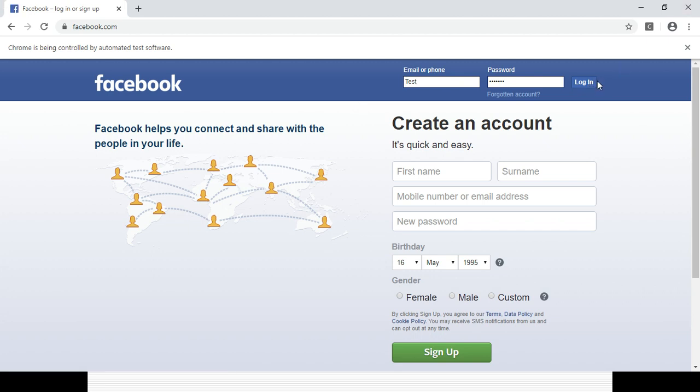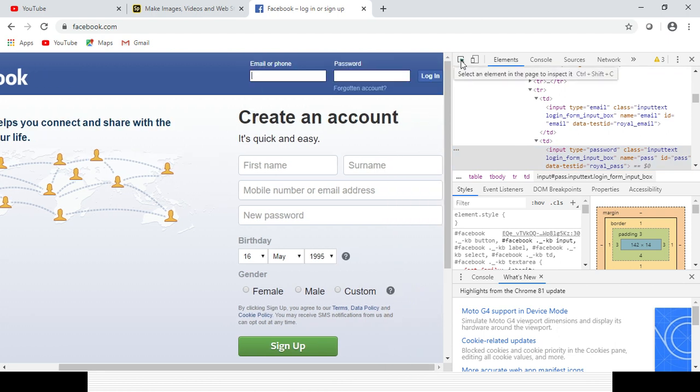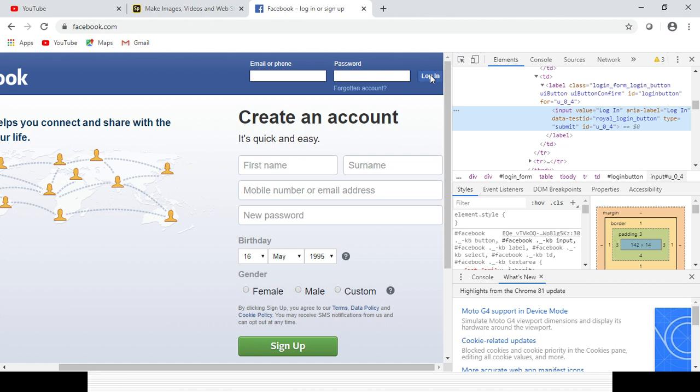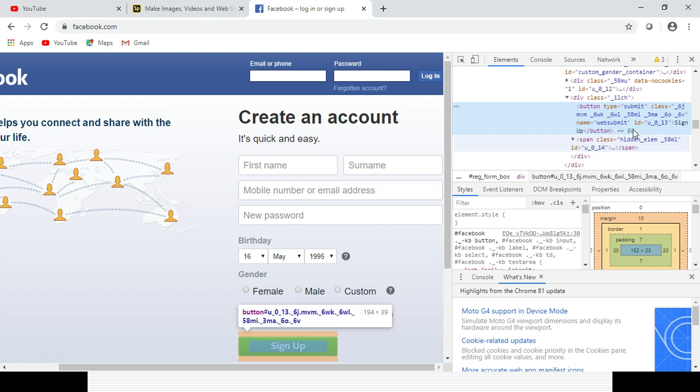Now, let's see whether the login field has any ID or name. You can see no ID or name is there, so I will not click on the login field. Instead, I will try to click on the sign up button. You can see the sign up button has a name and ID. For the two editable text boxes I already used the ID, so here I will use the name, with getElementsByName, to click on that sign up element.